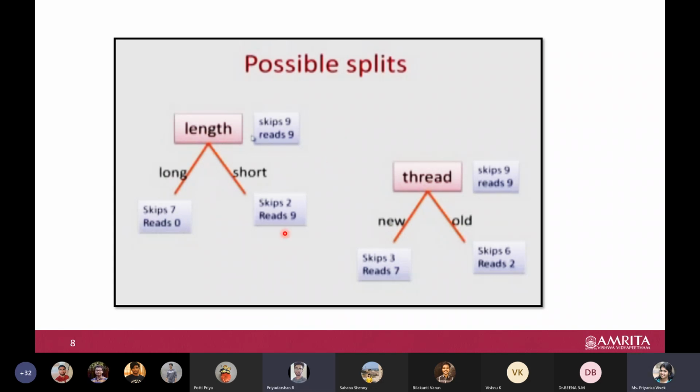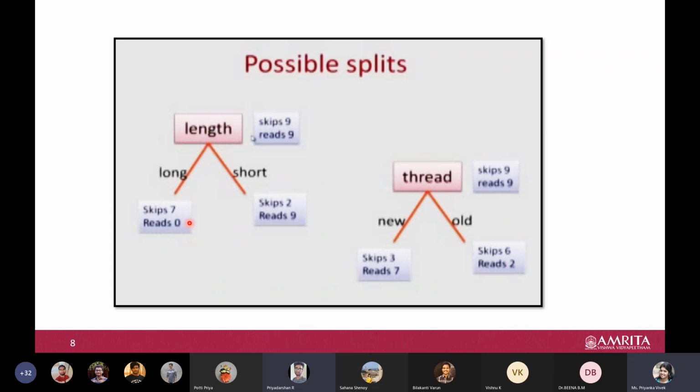Length, ma'am. Why? I need the reason also. Because in the length, if you take the long part, we can definitely say it is a no. If we have some value in the other, then we are unsure whether to say. We can say 70% yes and 30% no, but since read is 0, we can be 100% sure that we can say a no. No means what? Skip, you are saying.